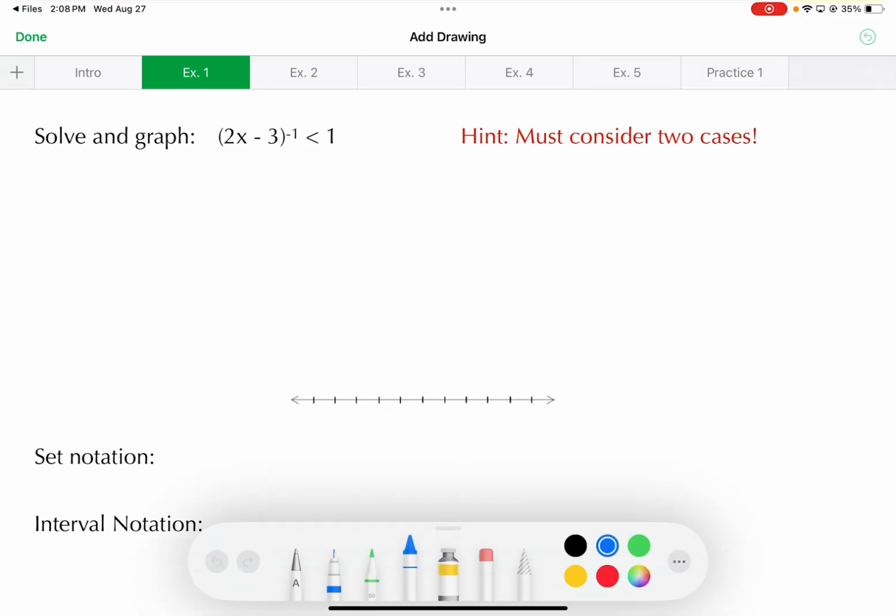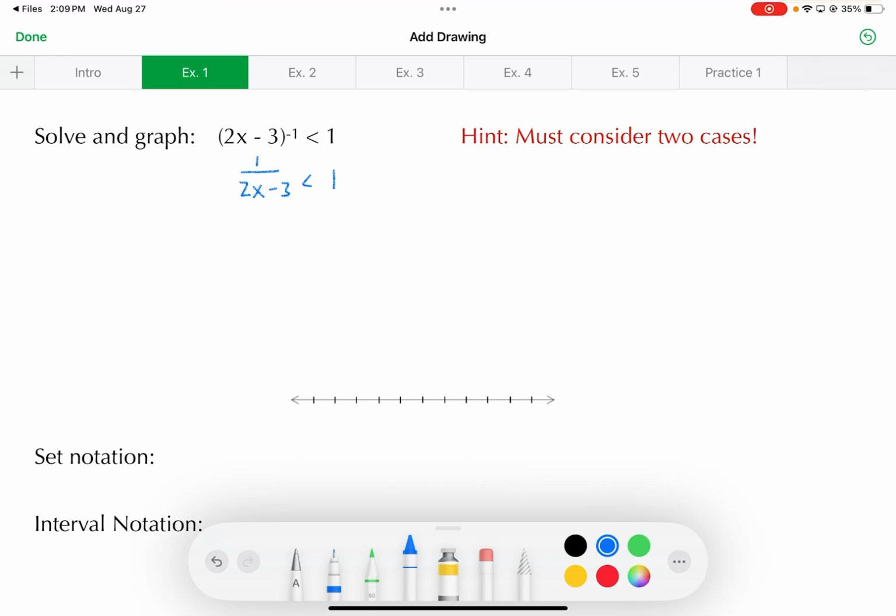And we have a simple inequality, 2x minus 3 to the negative first power is less than 1. Recall, whenever you have an exponent that's negative, you can turn it positive by putting it underneath 1, right? So this would be no different than saying 1 over 2x minus 3 is less than 1, right? Okay, now,